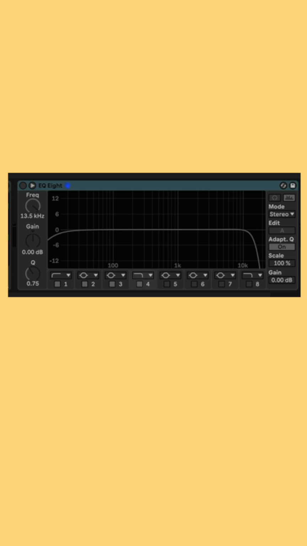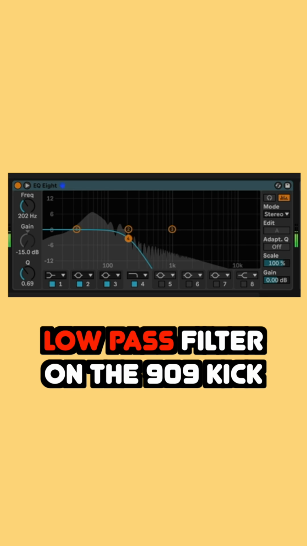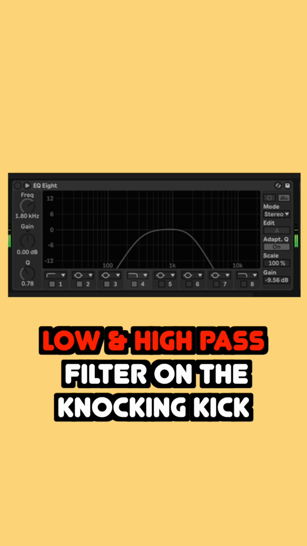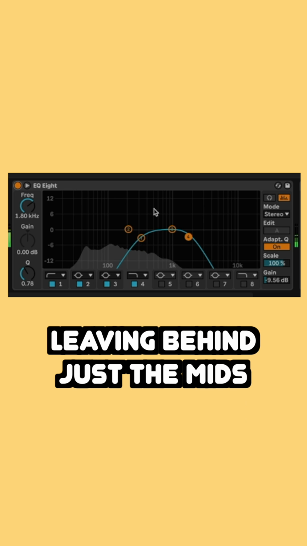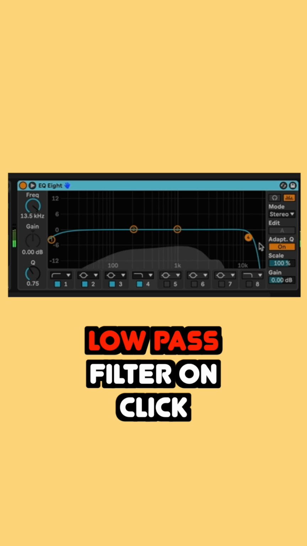from the click. So to do that, I have a low pass filter on the 909. So that's taking out all the high frequencies. And then on the knocking kick, I have a low pass and a high pass, which is just shaping it so that there's just the mid range. And then on the click, just having a little bit of EQ on the top end just to take out